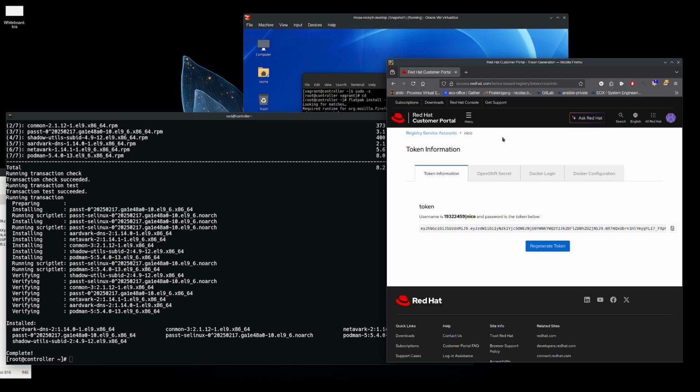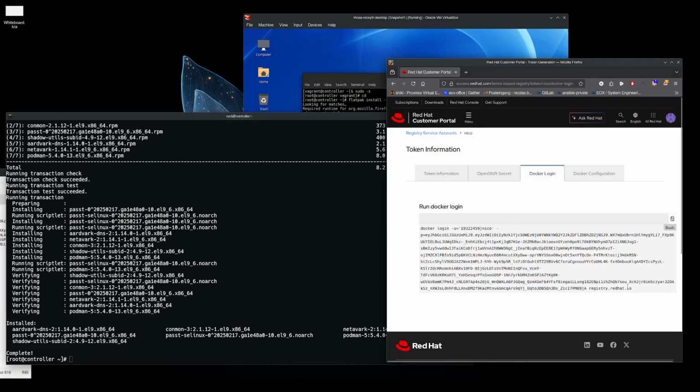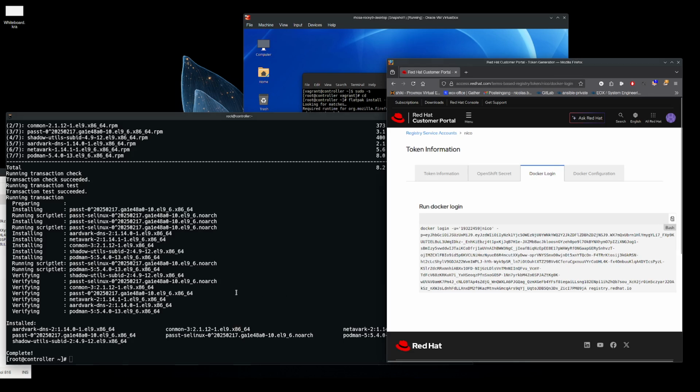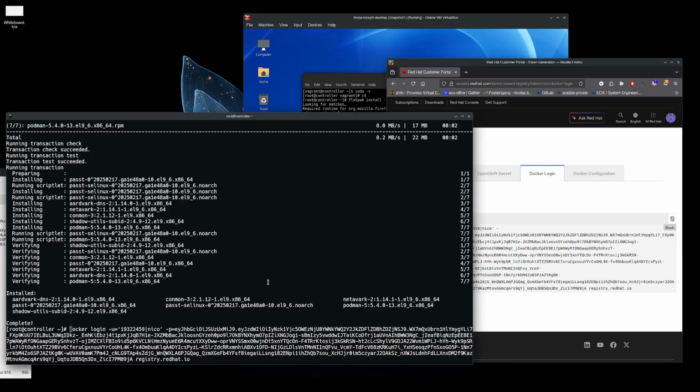But you remember, we cannot do it there from the GUI. So what we're going to do, we're going to use that docker login, but with Podman. So I know, it's a lot to take in. So you basically copy that. You copy this into here. And by the way, I'm going to change that